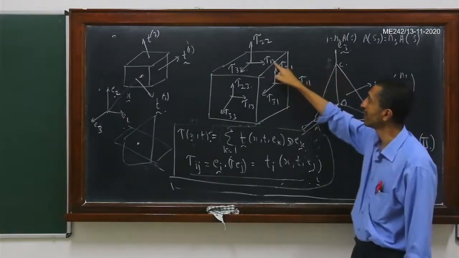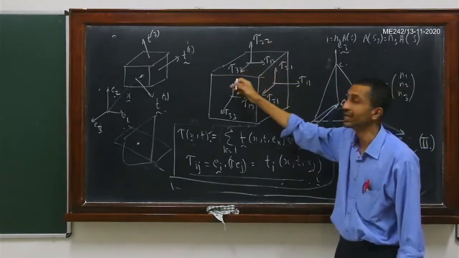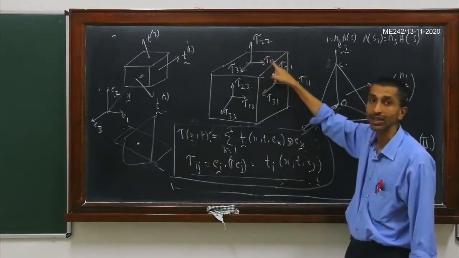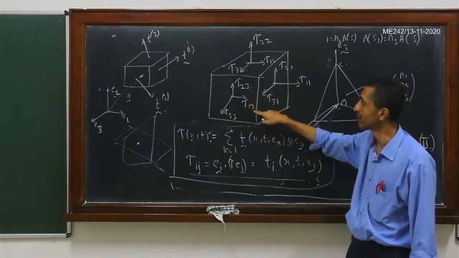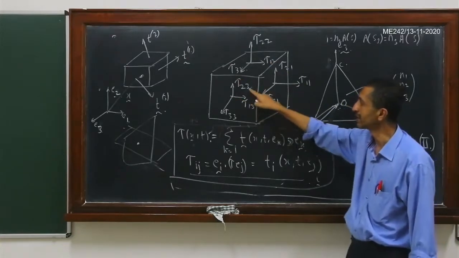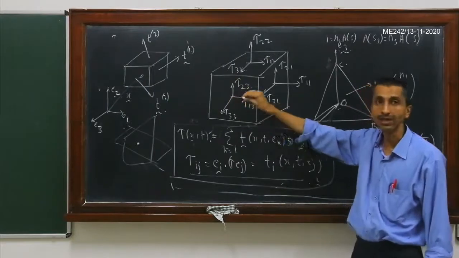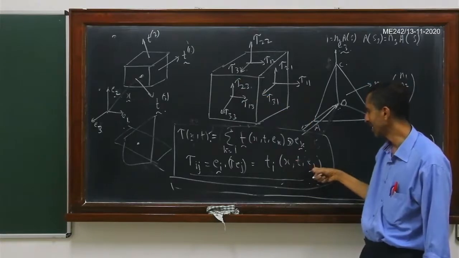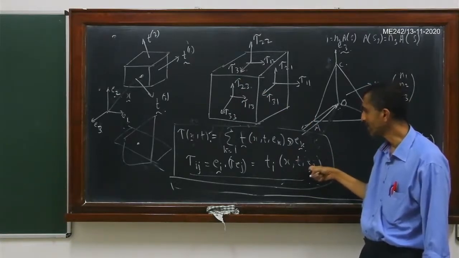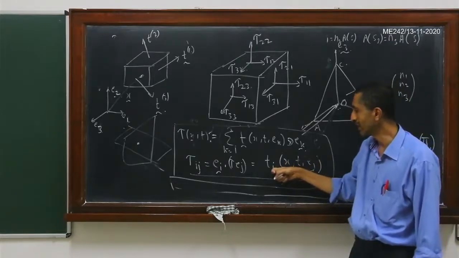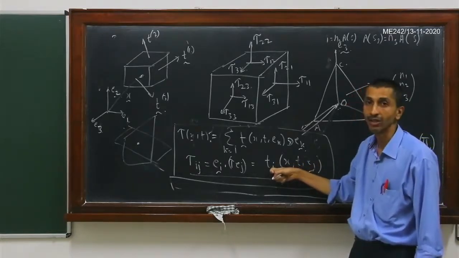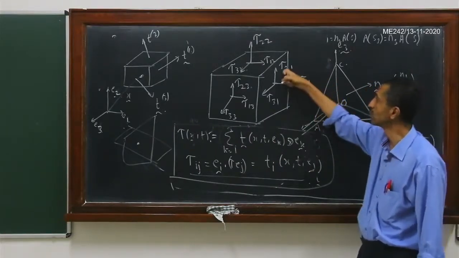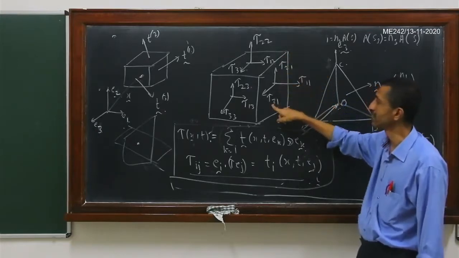Okay, now same way, if you take the second index as 2, that is the normal E2. So that 2 indicates that the normal to this particular face is E2. Then for this particular face, the second index is 3, indicating that the normal is E3. So that is the way this second index, j, indicates that the normal is along Ej. And then what about the first index? The first index is just giving the direction of the traction vector, right? So this 1 here means that it is along the E1 direction. This 2 means it is along the second direction, and this 3 means it is along the third direction.